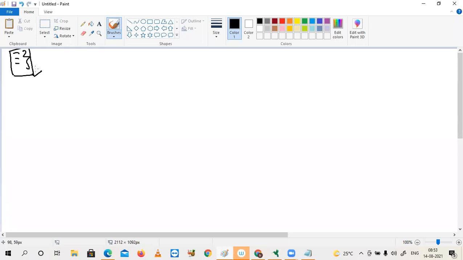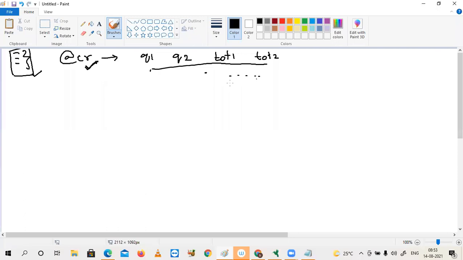Now you know what is the output content of CR. What are the fields here? You have Q1, Q2, Q3, total 1, total 2. But whenever I call this CR, always what will happen? Cross join will be executed. That's why simply load it into some file, and use that file from next onwards. Next onwards, no need of cross join for this.